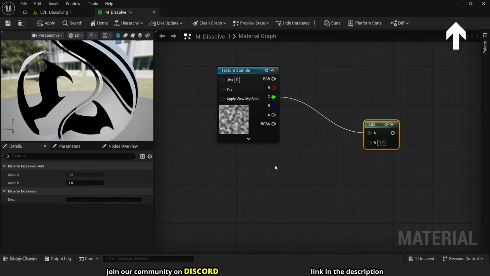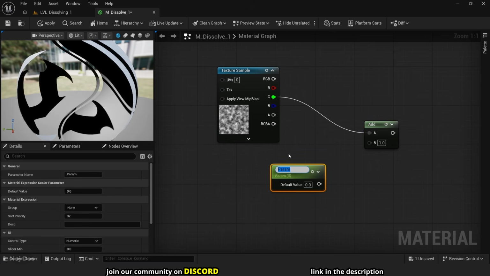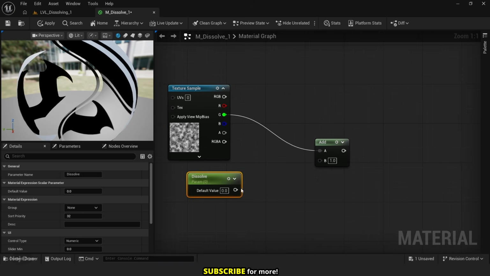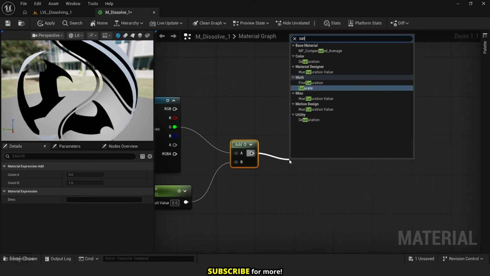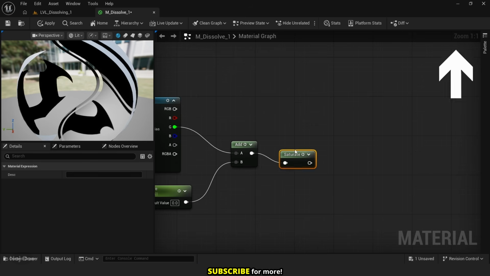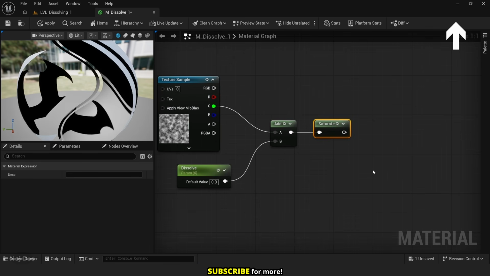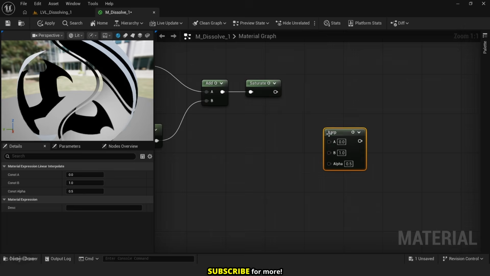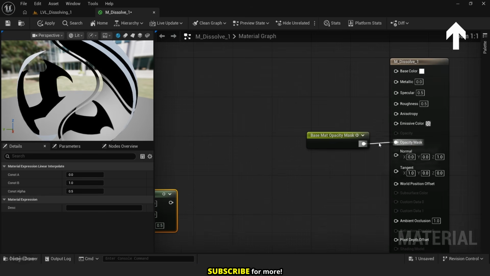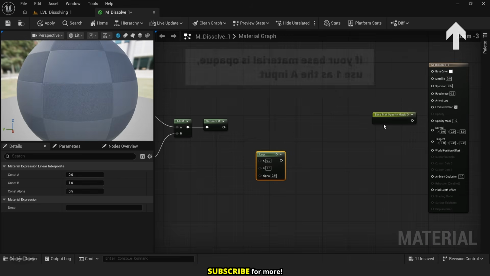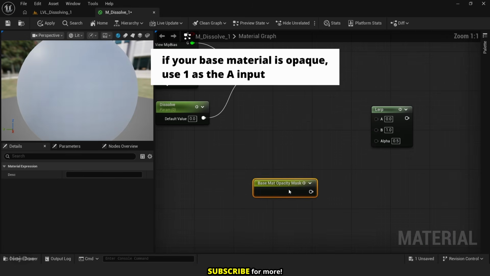Hold S and click to add a scalar parameter, and I'm gonna name this one dissolve. Default value of 0 is fine for now. So let's add it, and let's add a saturate node. Hold L and click to add a lerp node, and I'm gonna disconnect this one and connect it to the